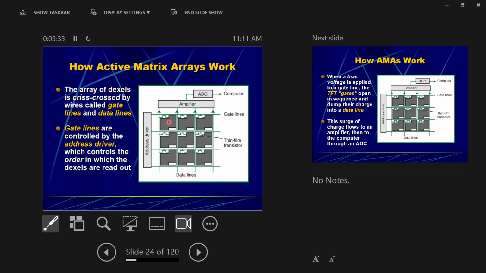And the computer knows where in space that DEC cell lives. In this case, top left. So now when this image is displayed on the computer, the top left pixel on the screen will have the shade of gray that top left DEC cell would have,